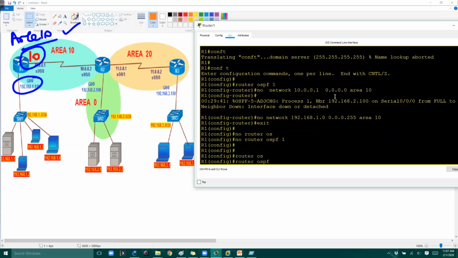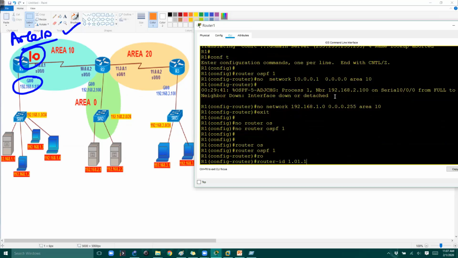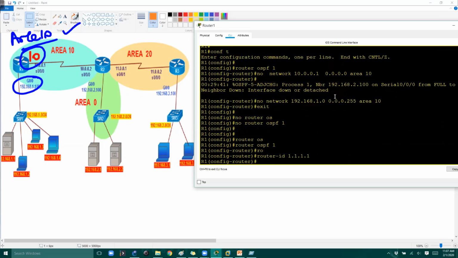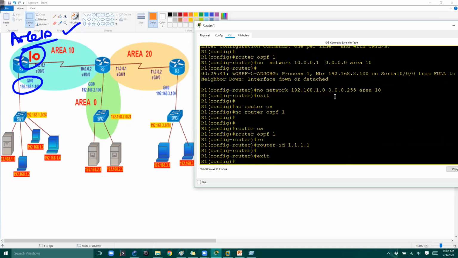But make sure that you enable the OSPF process first. And if required, you can also add a router ID. Even though the router ID is optional, as I said, you can add it. If you don't add it, it will automatically take the highest IP of the loopback or the physical interfaces. We discussed this in the router ID sections. So we just need to enable the OSPF process, and then to advertise the networks, we directly jump into